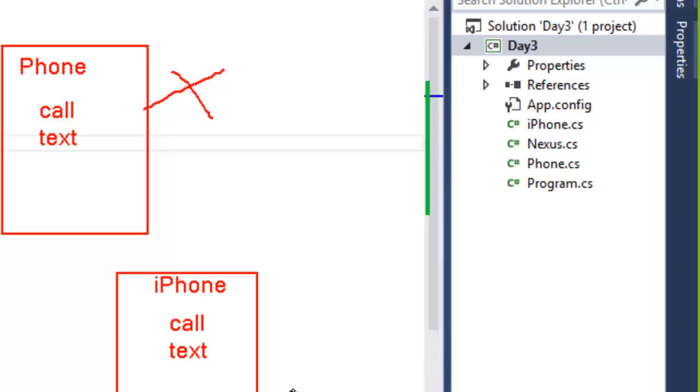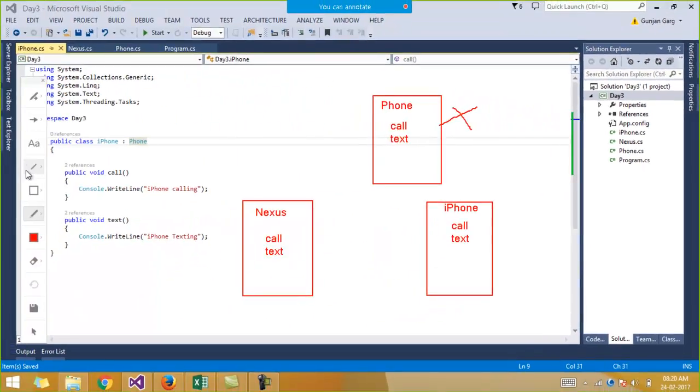It is because if say suppose a new class comes up tomorrow, say it is the Samsung class. Now the Samsung class will also have the function of calling and texting.